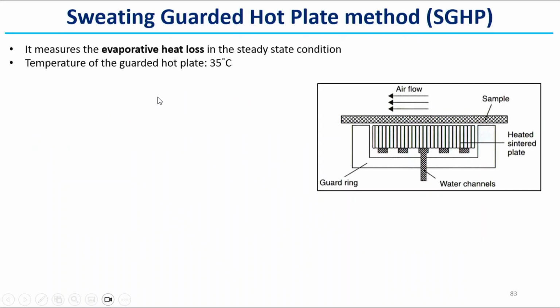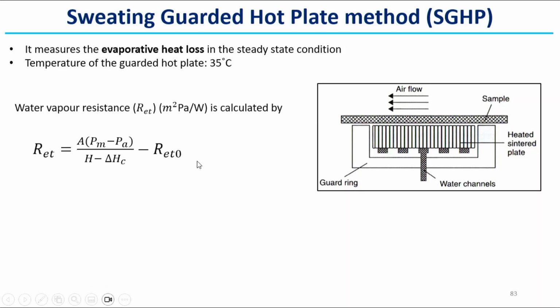And another is the sweating guarded hot plate, which is almost the same as the guarded hot plate, the only difference is that the test plate is actually a sintered plate, which is porous and through which the water can come out on the other side, and the air flow, air and sample is placed over that, and during the air flow the heat will be taken away. So, we can control the air flow, we can have it without air flow for natural convection, and we can also measure the forced convective air flow, and evaporative heat loss is measured. So, water vapor resistance is measured here,